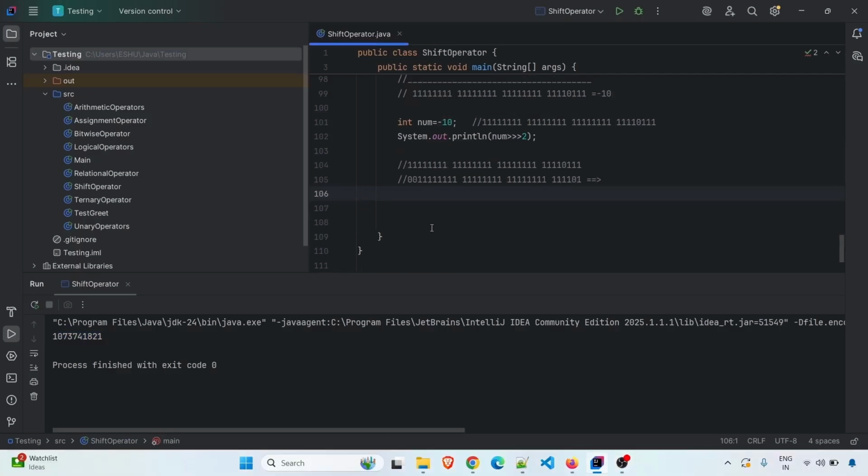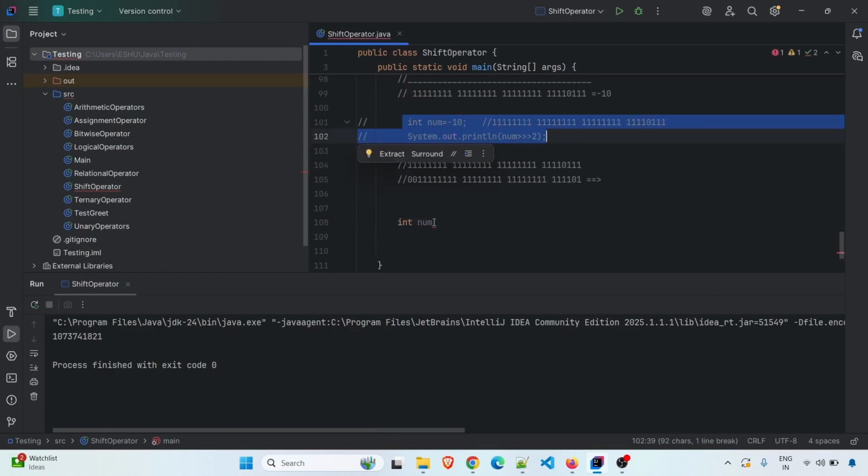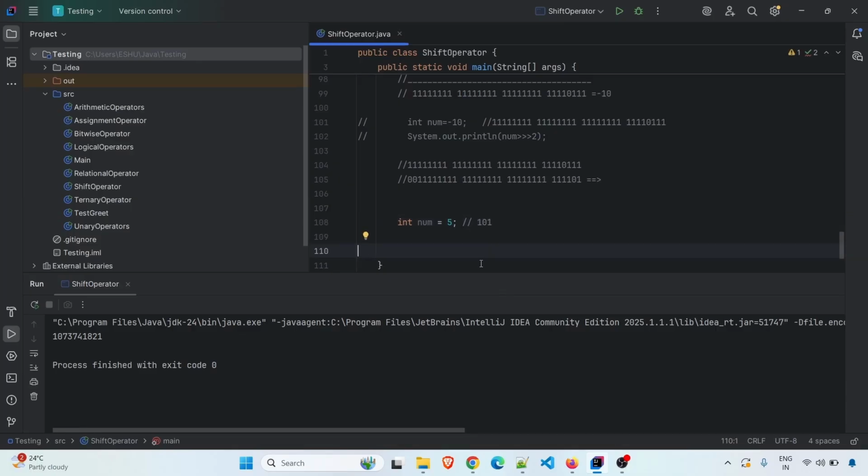Now we will see some practical use case where you can actually use this right shift and left shift operator. So I will go ahead and create another variable num. First I will comment this piece of code. Suppose inside this variable I will allocate number 5 and binary representation for 5 is 101. Now suppose I want to multiply this number by 2. So what I can do, I can simply write num equal to num